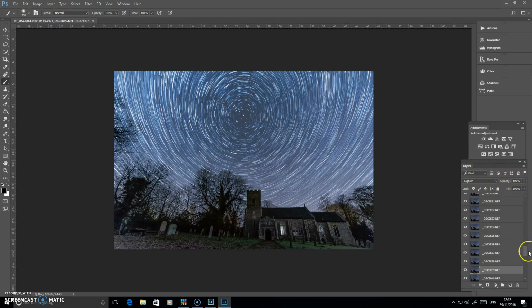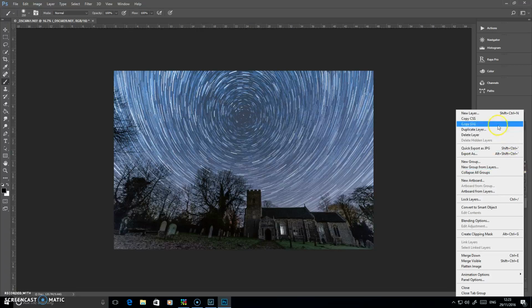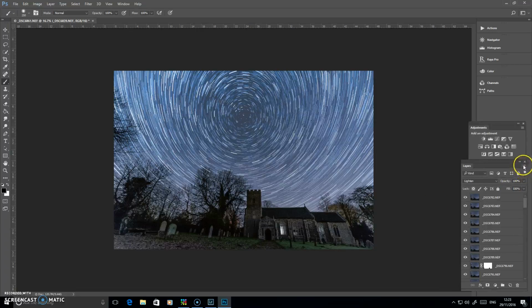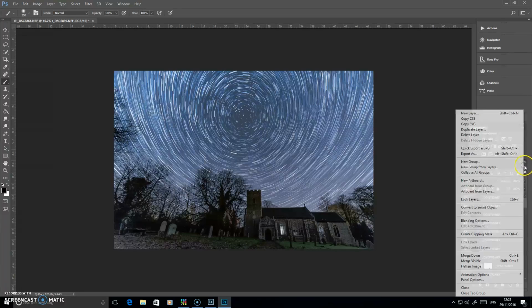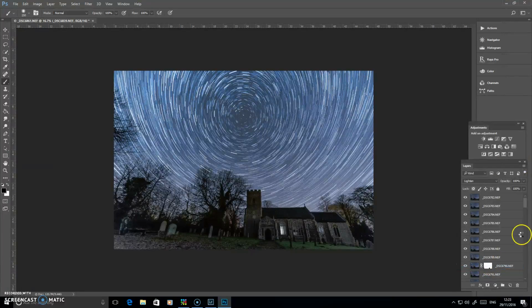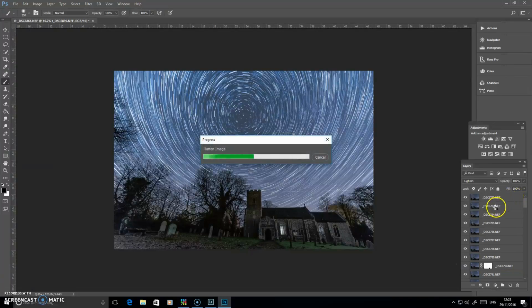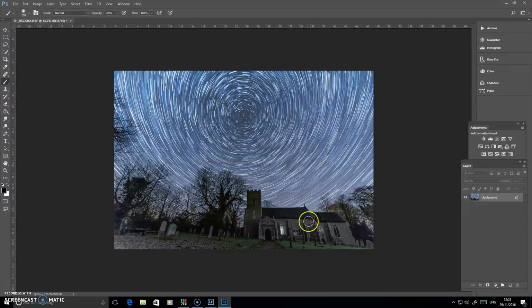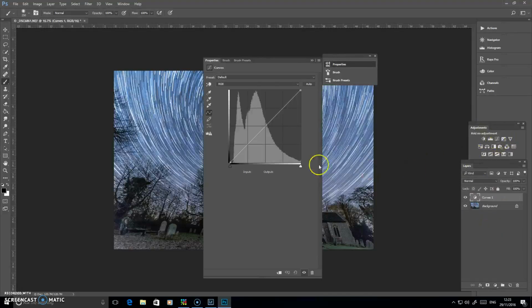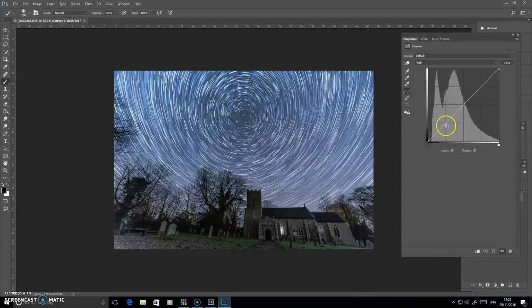So I'll just show you quickly how you might do that. You can come over to the right hand side here and click on the little menu underneath there, and you can come down to where it says Flatten Image. Okay, that will then just squish all those layers together, so you haven't got any more separate layers in there. So that's what the Flatten Image does. You're now just down to one layer, and you could then, for example, pop in a curves layer just to adjust your contrast a little bit in there. Okay,